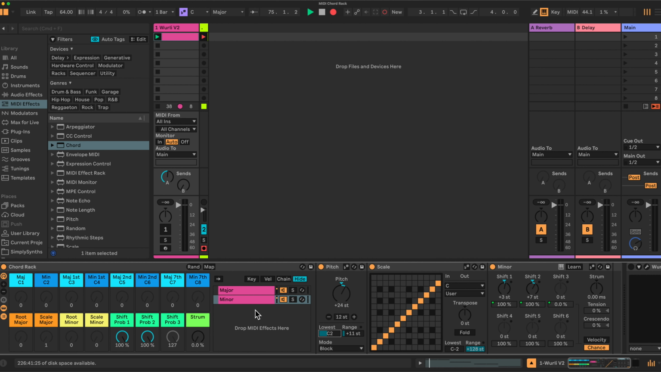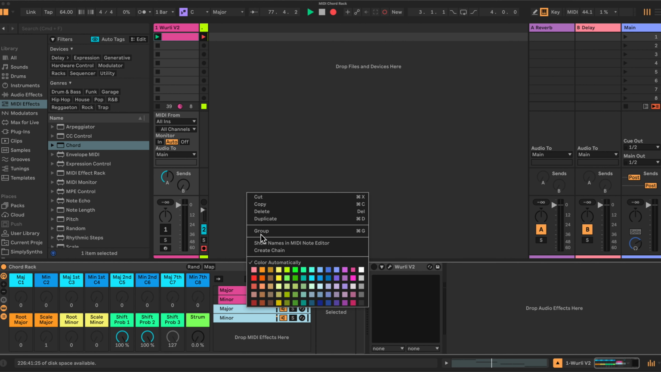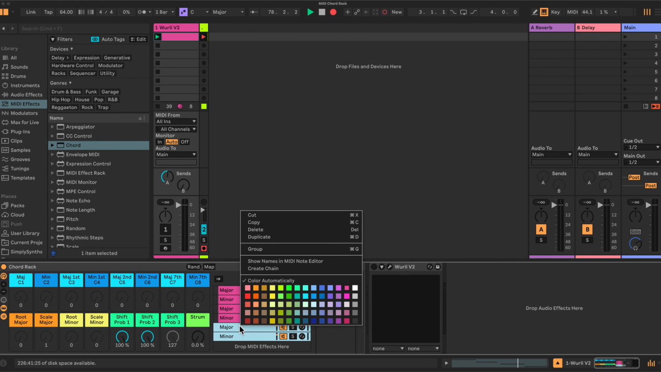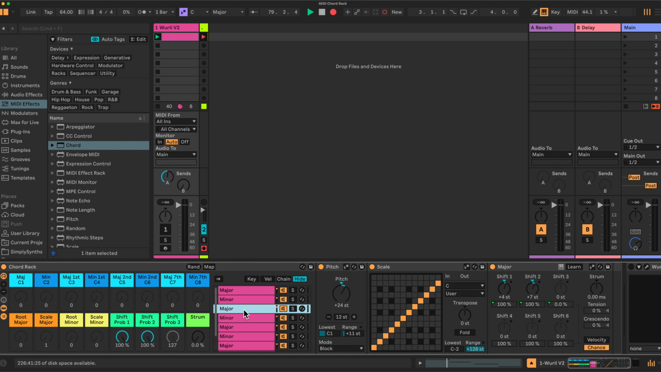Okay, now what we have to do is we need to select both of these. Right click, duplicate 3 times. 1, 2, 3. So we now have major, minor, major, minor, major, minor, major, minor, and you can rename these major